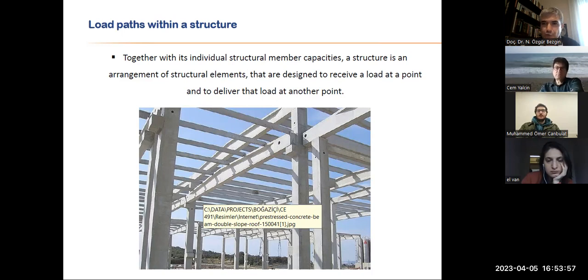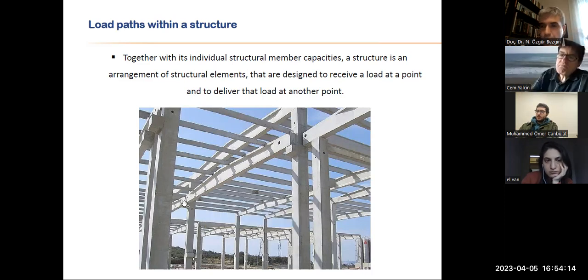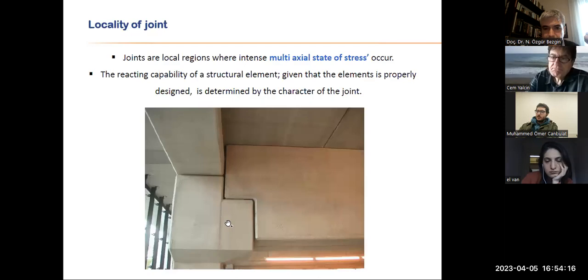Okay? So this is not a matter of being a fanatic of one type of material over the other or one type of method of production over the other. Everything has its place in an economical and a correct form of thinking. But what I would like to say again is that the structure is as strong as its connection. This is what I would like to highlight.